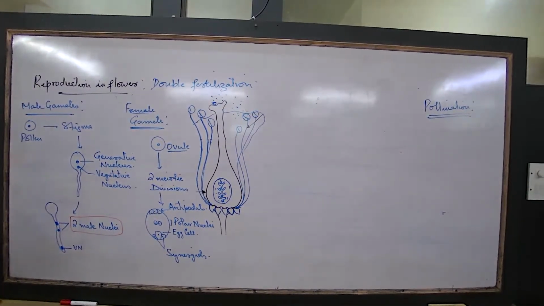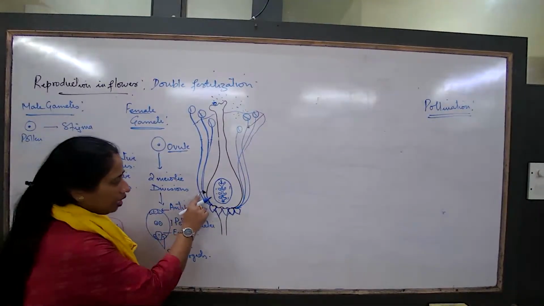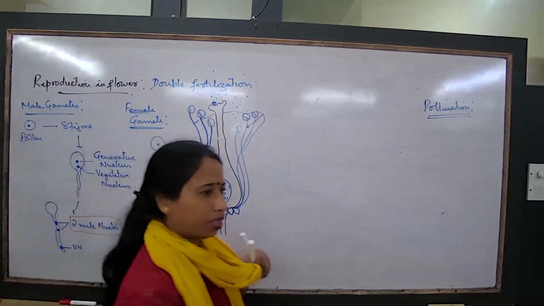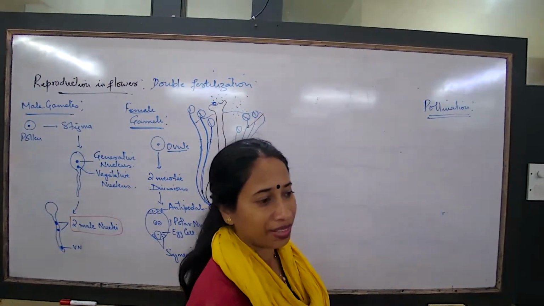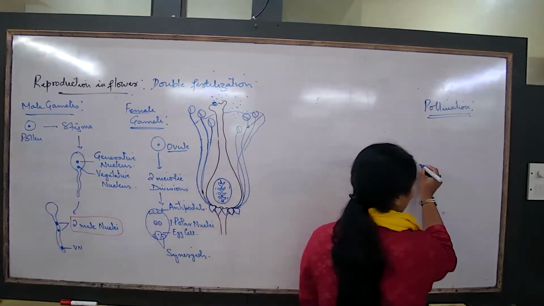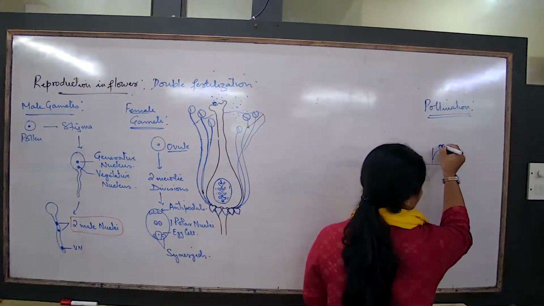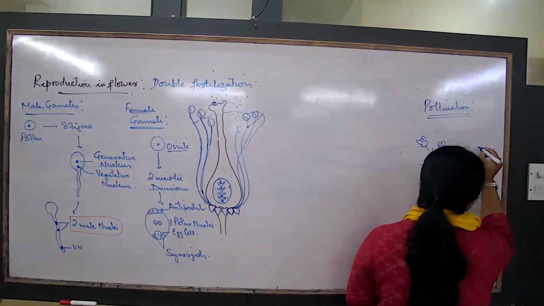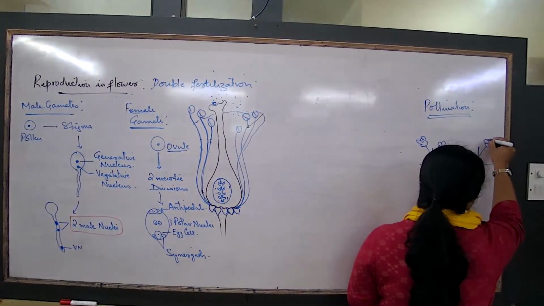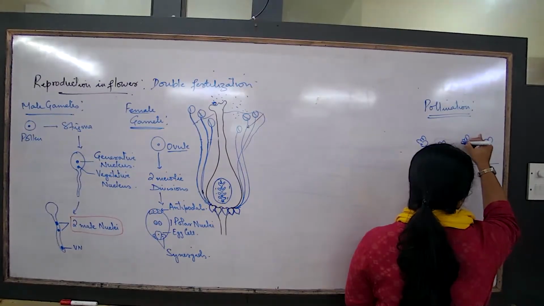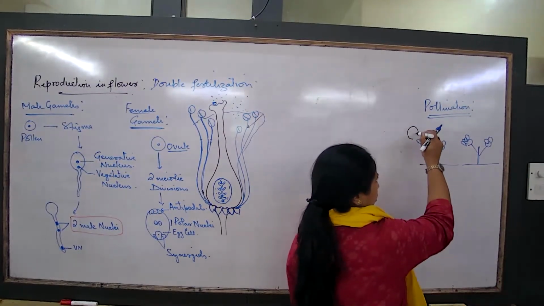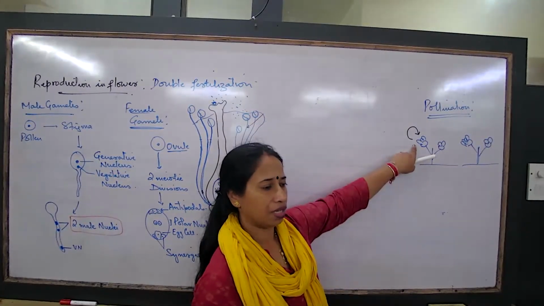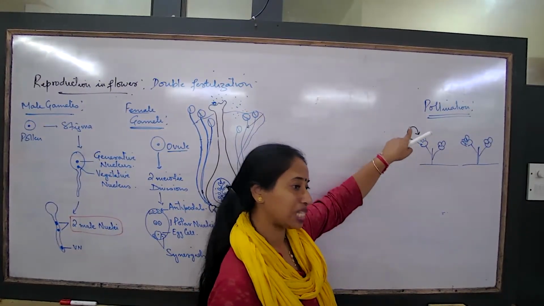Okay, it felt too cold. Now, let us try understanding the process. I asked you what is pollination. Are you aware what pollination is? It is the transfer of pollen grains from anther to stigma. So now there are two concepts only to study. I talk about a flower. This is a plant, this is the other plant, and the flower. If pollination happens this way, the transfer of pollen grains from the anther to the stigma within the same flower,